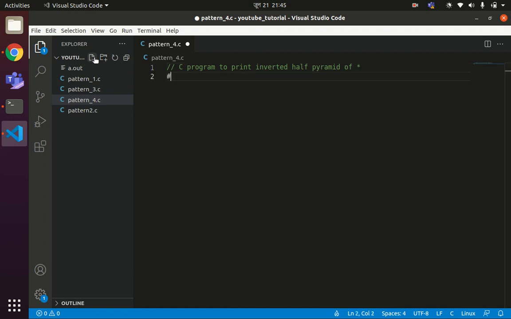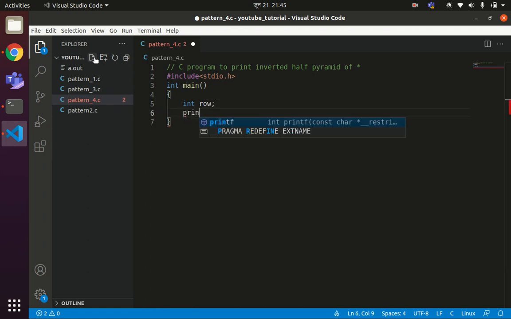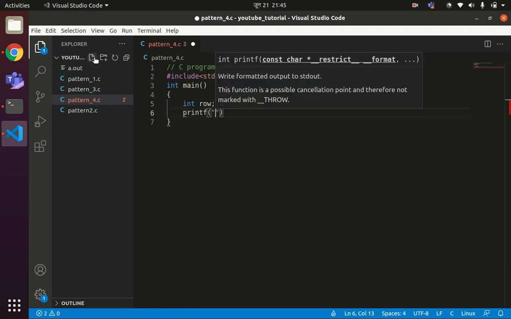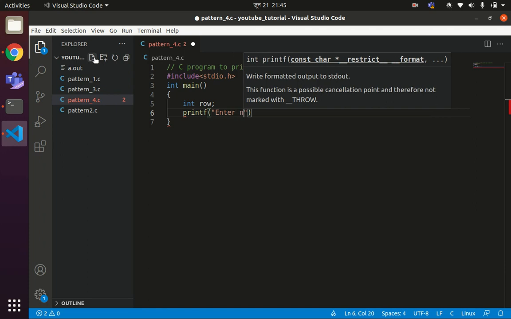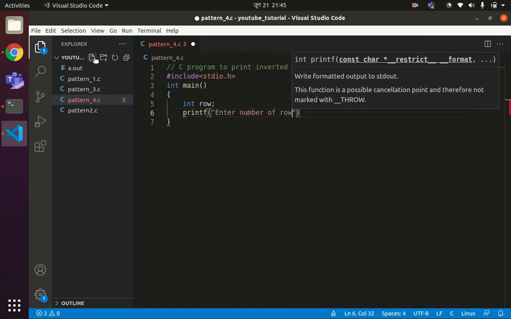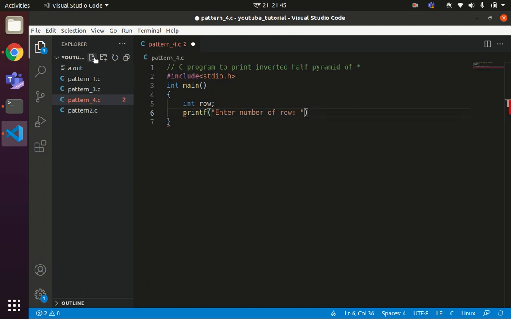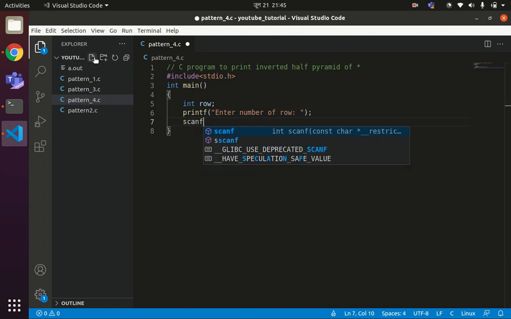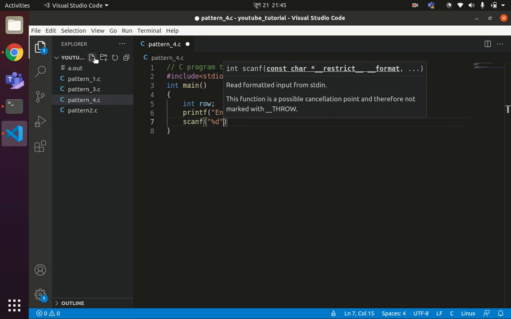Include stdio.h header file, main, int row. Every time I'm asking the user to enter the number of rows, so enter number of row, scanf %d ampersand row.